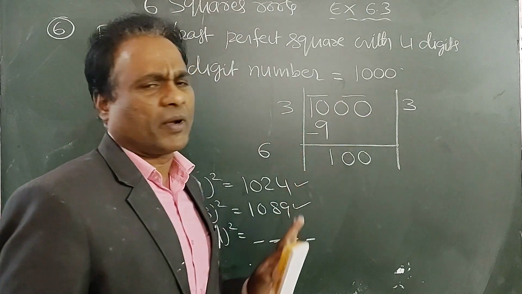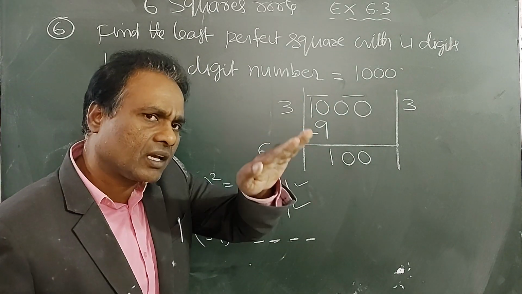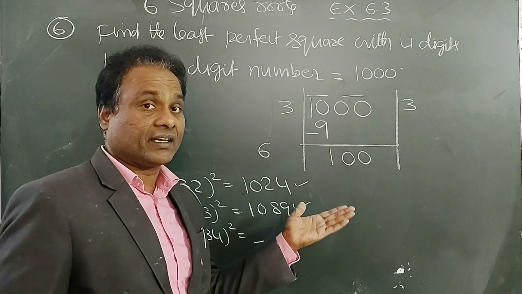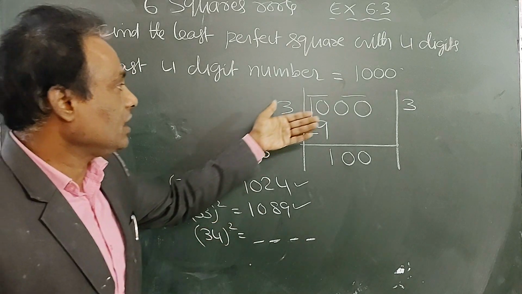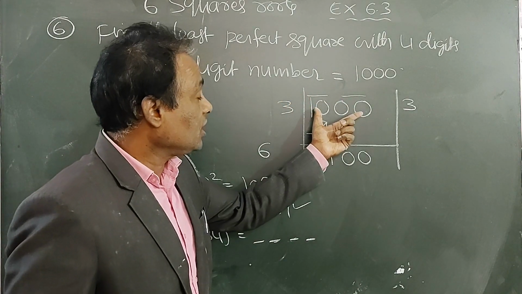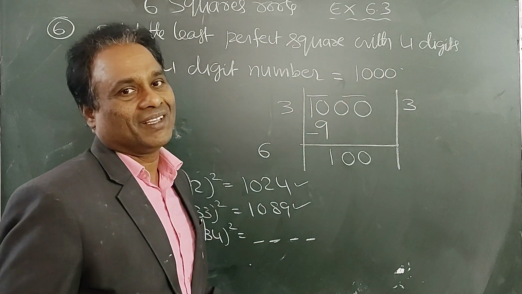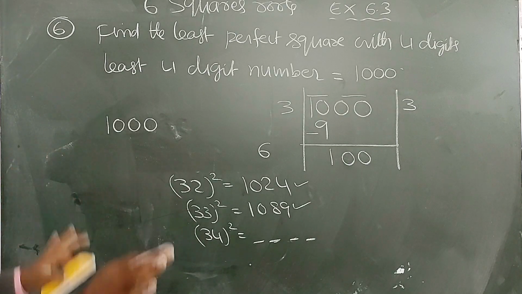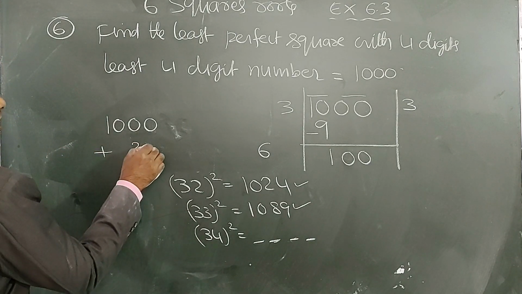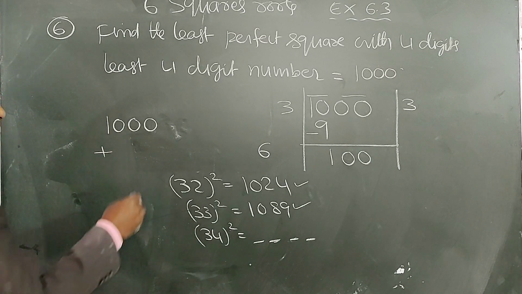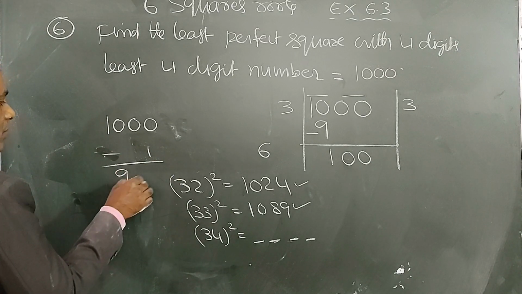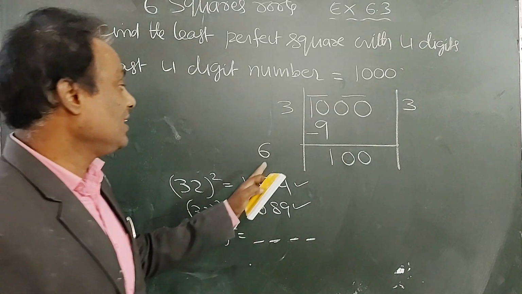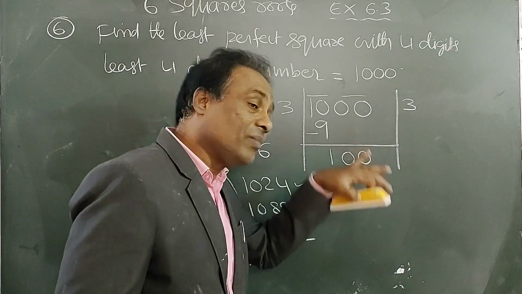We know that 1000 is not a perfect square. So something should be greater than 1000 or less than 1000. There should be some number added to 1000 or subtracted. Then it becomes a perfect square. So don't take the subtracted case, because if something is subtracted it becomes 3 digit number. See 1000, suppose if I asked you to make it only a 4 digit number, so you add something, 20, 30, 40, 50, 1, 2, 3 like that. But if you subtract even one, it becomes a 3 digit number. So that means we have to add. So you should take the number greater.